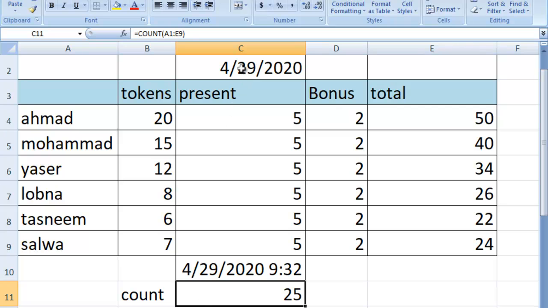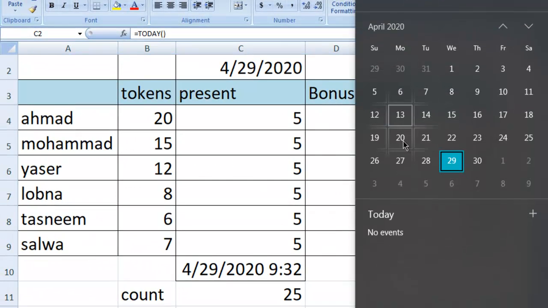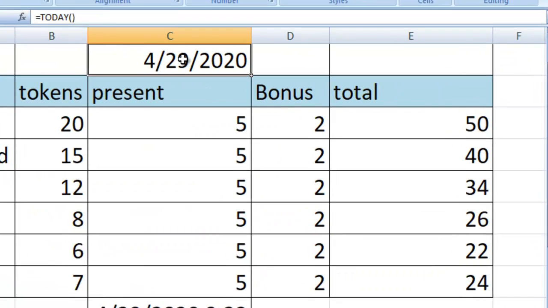Function number 2 is how to add the system's date. I want to add the date of the system. It will be found here in the Windows. Today is 29th of April. So I want the computer to add the date, and it will be updated automatically. For example, if I opened the sheet the next day, tomorrow, it will be 30th of April without me interfering and writing it manually. So how to make